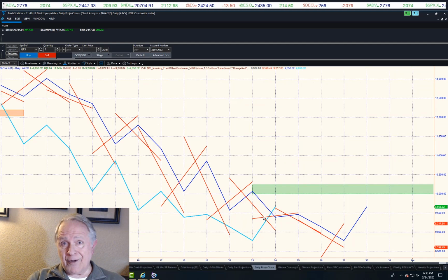Now, here's the thing. These are 3.5 to 4 day offsets, and as you can see, we have crossed above both of the offset lines. These are exact, by the way. This red line is 3.5 days over. The light blue line crossed above that. The dark blue line is 4 trading days forward, and the light blue line crossed above that, thereby giving this projection,